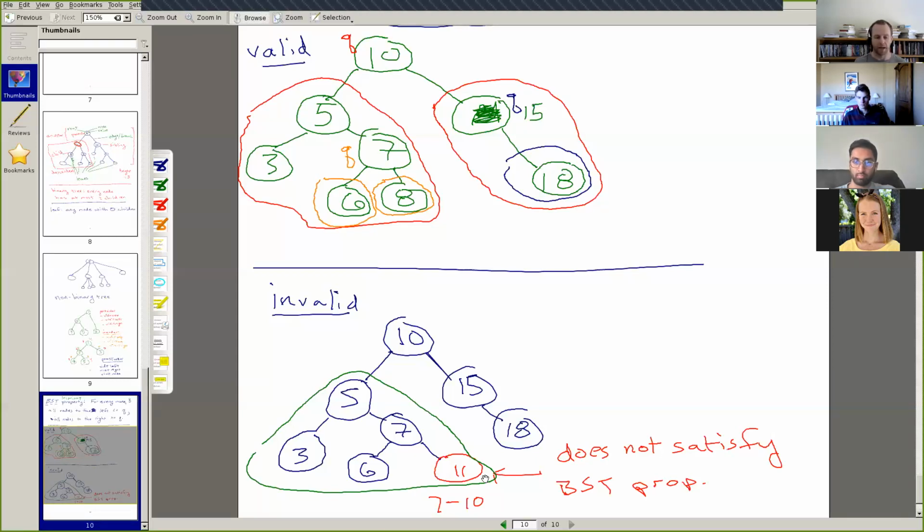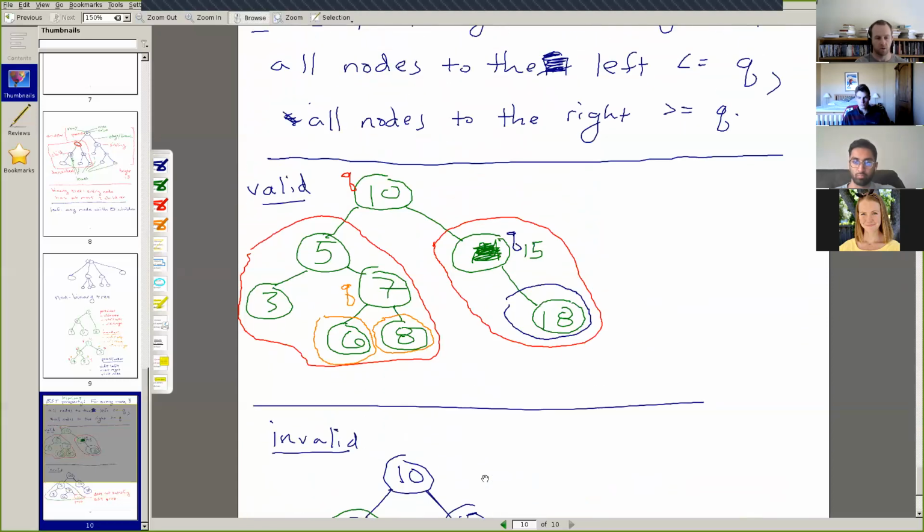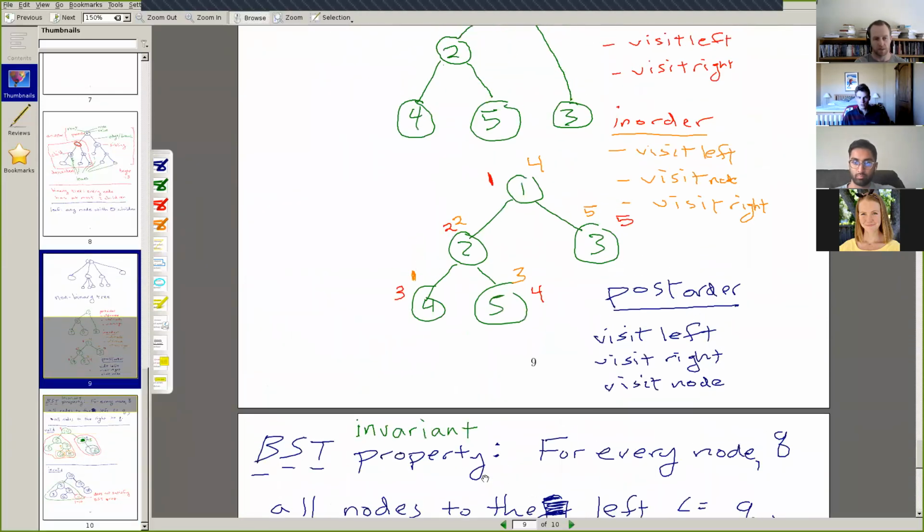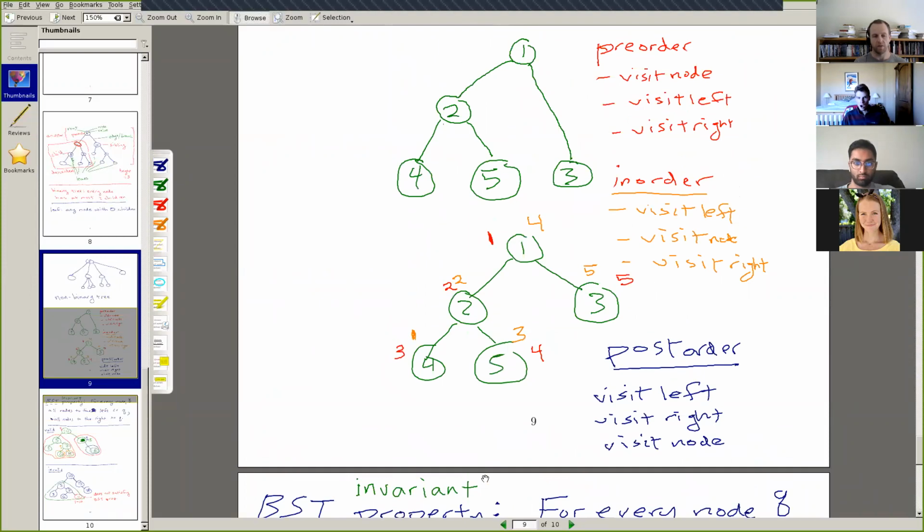In a regular binary tree, so let's scroll up to some examples right here, when we're at a node, we have no rule that can tell us where we should look for any particular number. If we're at this 1 and we're looking for the number 5, we don't know whether we should go to the left tree or to the right tree to look for the number 5.